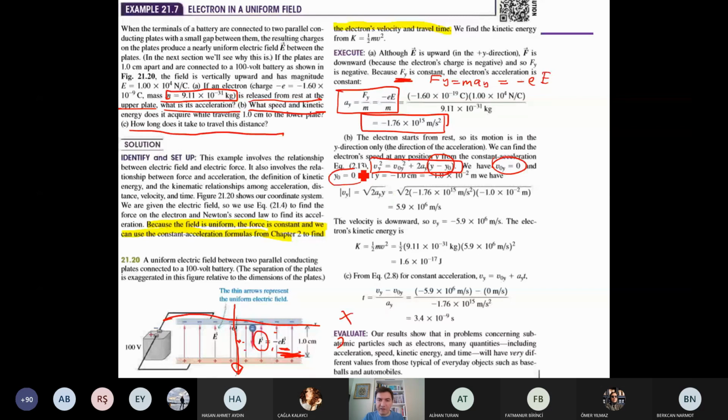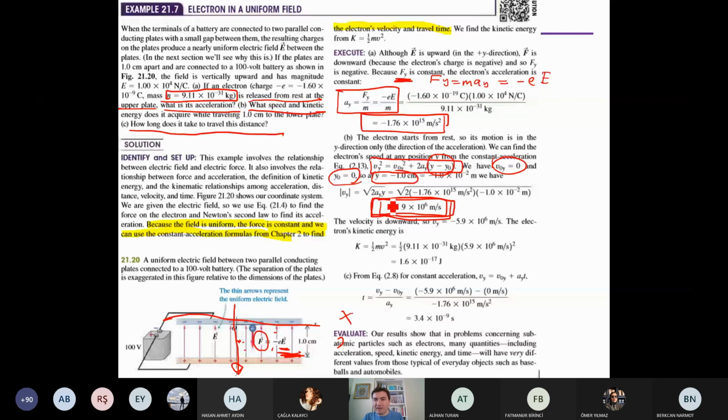Then if you put everything here, then we can calculate the velocity of the electron. Look at the velocity of the electron, 5.9 times 10 to the 6 meters per second. Very huge velocity. You see, speed is huge. I mean,